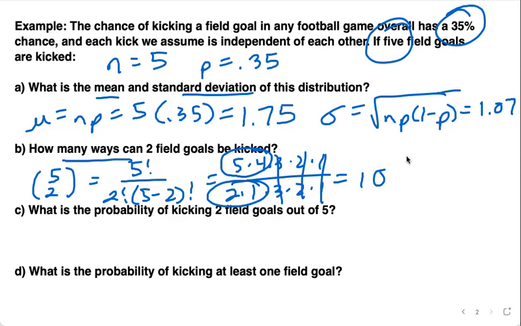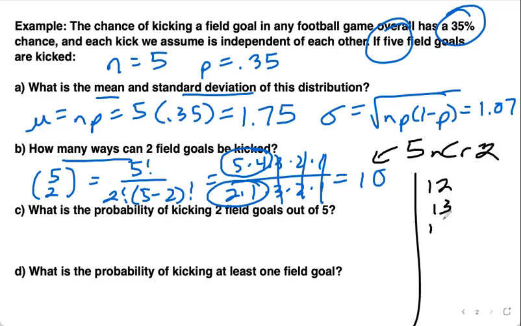Again, in a calculator, you might be able to do 5 nCr 2, and get that as well. And lastly, if you're curious what the 10 ways are, if you have 5 field goals and you want to make 2 of them, then that'd be maybe attempt 1 and 2, or 1 and 3, or 1 and 4, or 1 and 5, 2 and 3, 2 and 4, 2 and 5, 3 and 4, 3 and 5, 4 and 5. If you add those all together, that's 1, 2, 3, 4, 5, 6, 7, 8, 9, 10